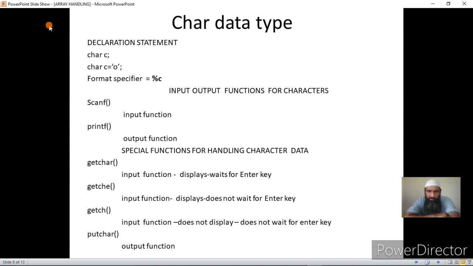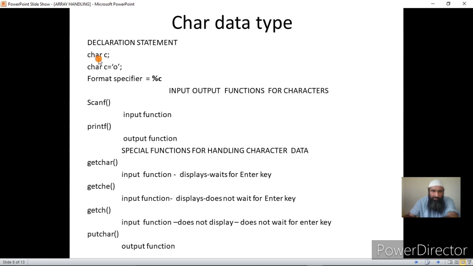Now, how do we declare a character variable? Simply in the declarative statement, we give the data type as char and then give the name of the variable as c, or any name that you want. I have taken the name as c.